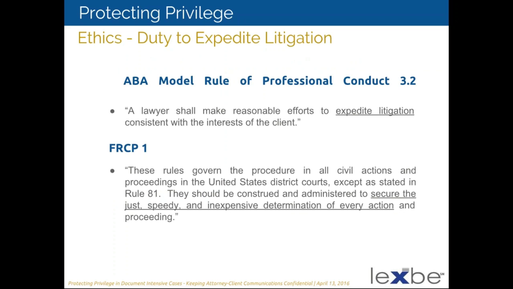The first rule, Federal Rule of Civil Procedure 1, is that the rules should be interpreted to secure the just, speedy, and inexpensive determination of every action. And the ABA model rule has that the lawyer use reasonable efforts to expedite litigation. And that's really the challenge of technology to the legal system, that with the growth of documents in ESI, that really puts to the test how can we stick to that promise of just, speedy, and inexpensive determination of every action.